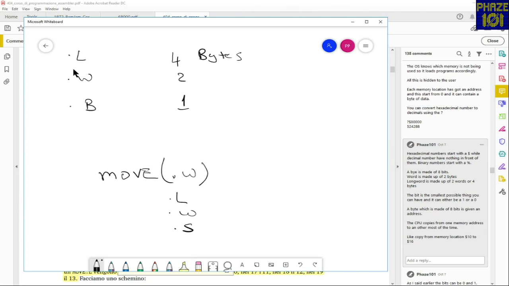Remember also that a memory address is just 1 byte. So when we do move.l,